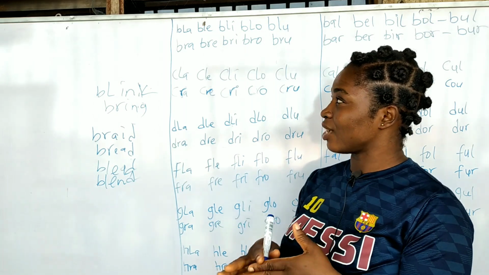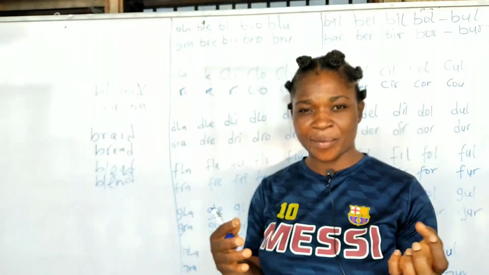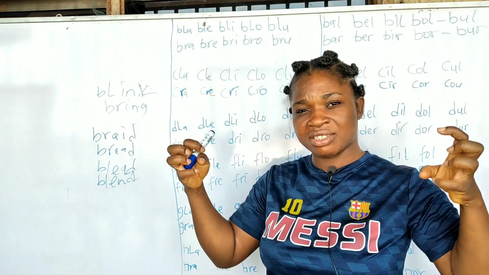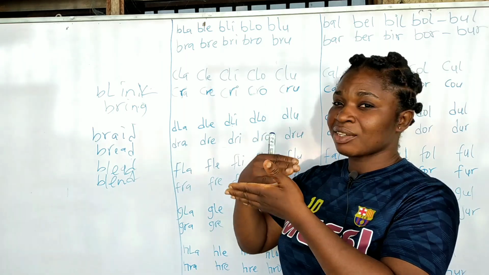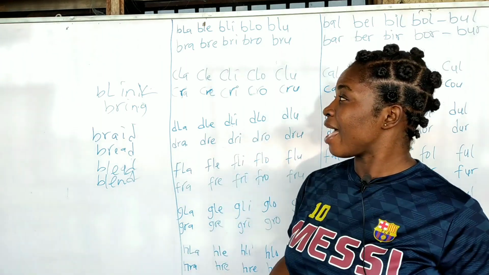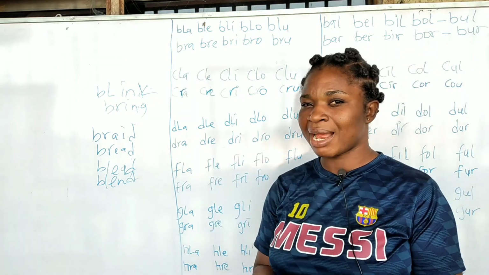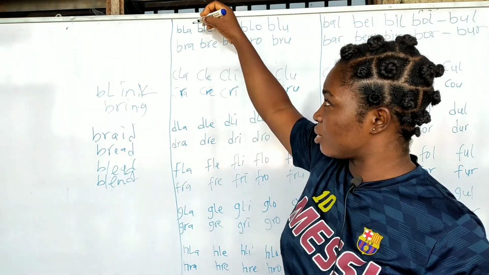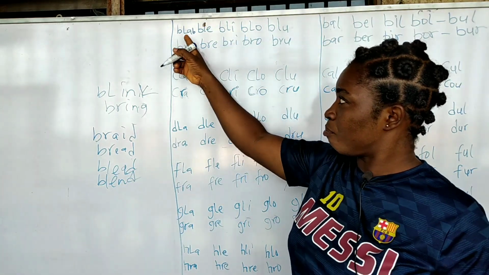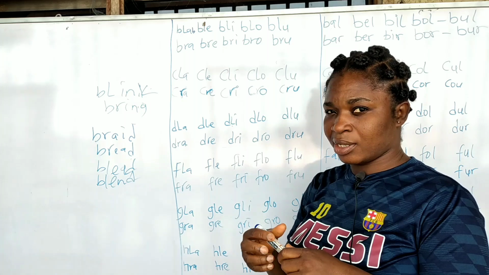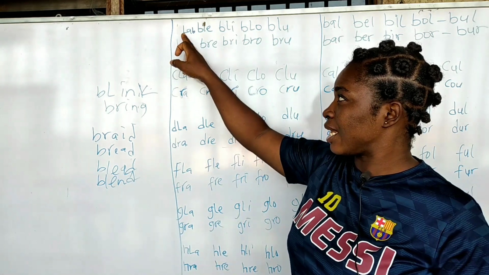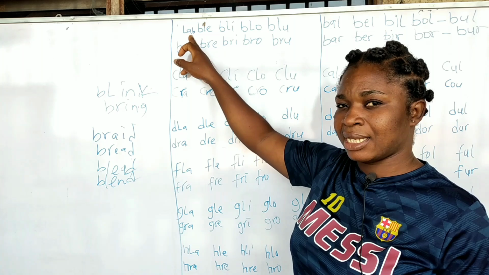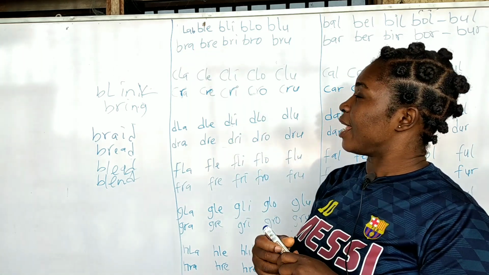So like I said, words are being gotten from the organization of sounds, from putting together sounds, okay? The more letters you add, the more the sound tends to change, okay? Now I have bla. If I choose to add B to this bla, I will have blab. If I remove this B, I have lab, okay? Again,